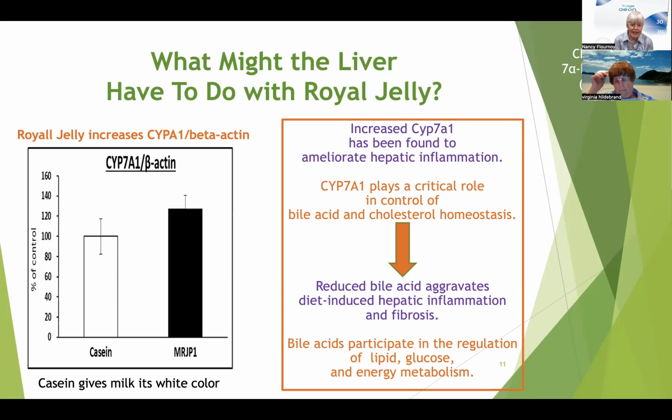You need bile to digest your food. You don't want too much, or you're going to feel sick, and if you've burped it up, it doesn't taste very good. The same with cholesterol. You've got to have cholesterol to live. It's a very important substance for your body, and you don't want it out of control. You want it to be doing what it's supposed to be doing. And so as it controls the bile acid and the cholesterol,